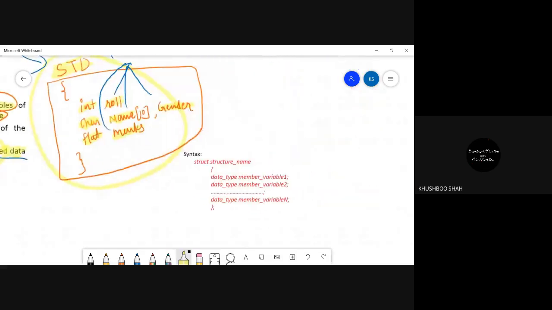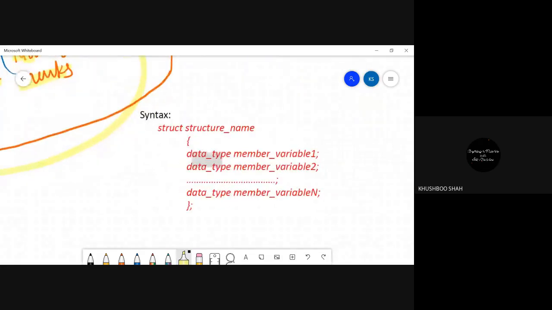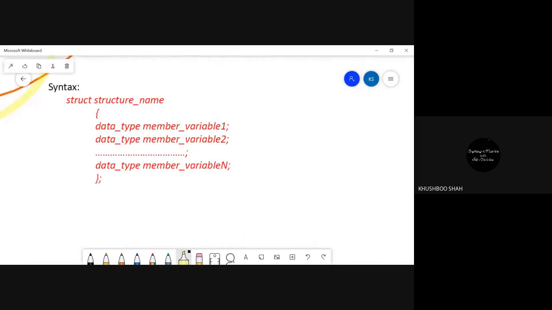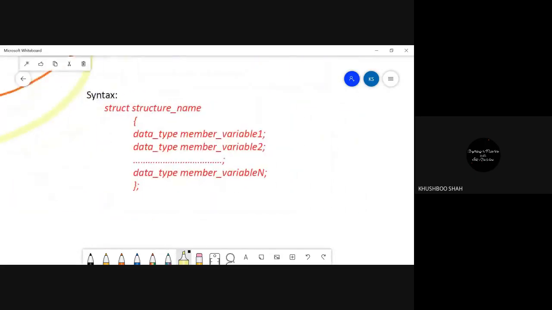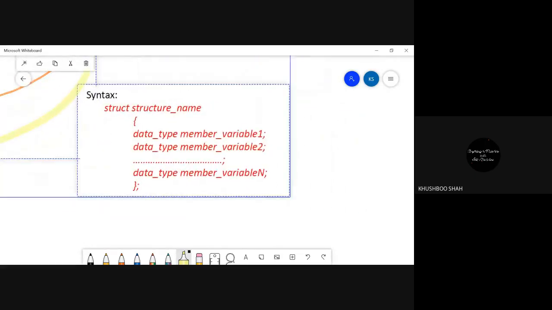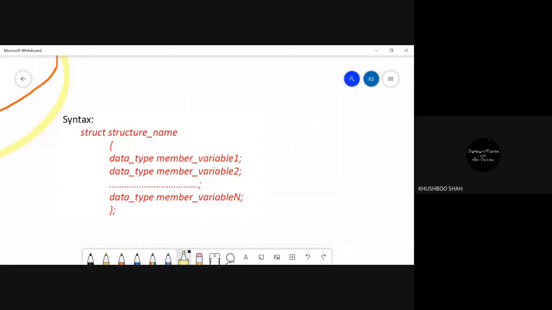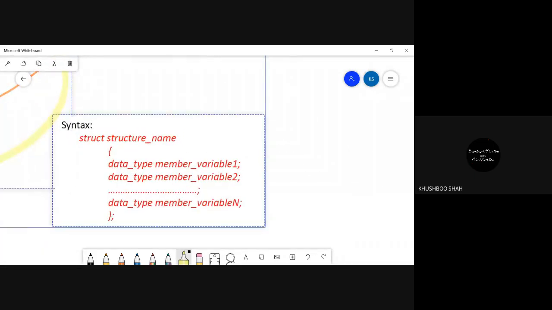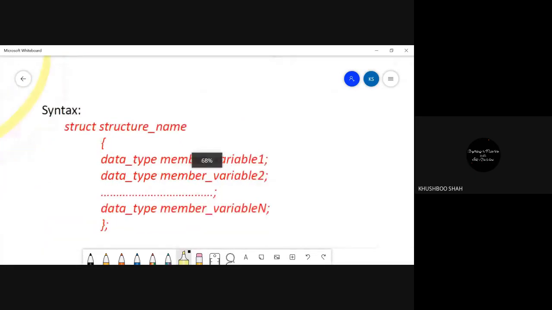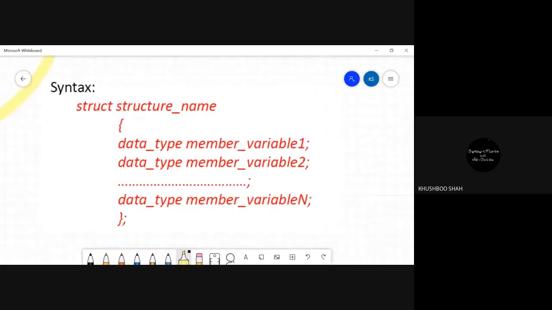And now let's see the syntax. So this is the syntax, how you can write the structure in a C program. The very first thing you need to write is struct.